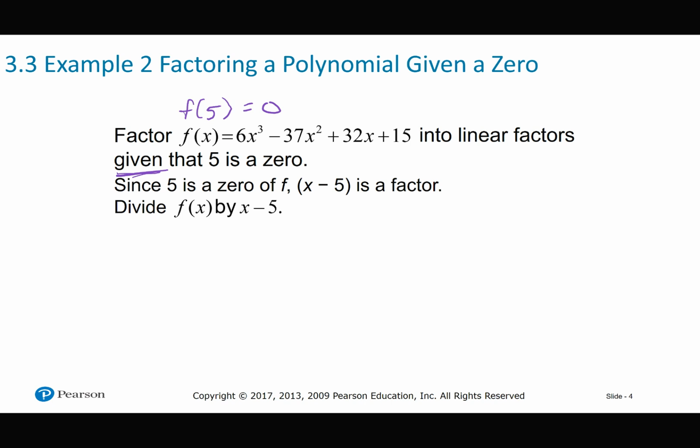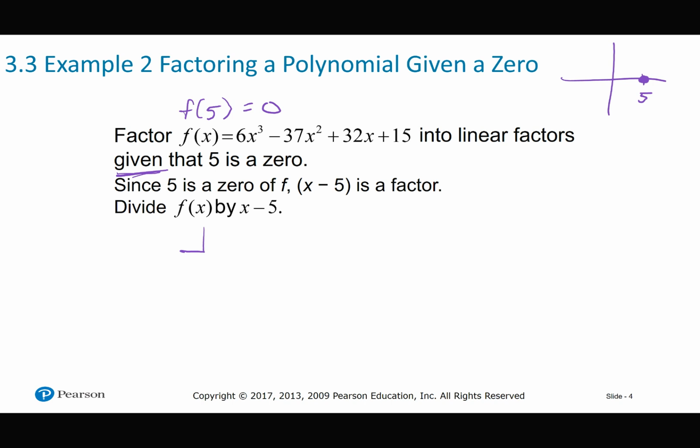Okay, since they tell me 5 is a 0, x minus 5 is a factor. Again, 5 being a 0 means that it's going to cross somewhere here at 5. And so if I have some function that's crossing here at 5, if I factored it out, it would look like x minus 5. To confirm this, we have to do our long division or synthetic division to come up with the